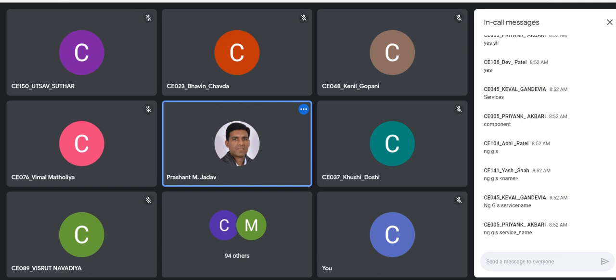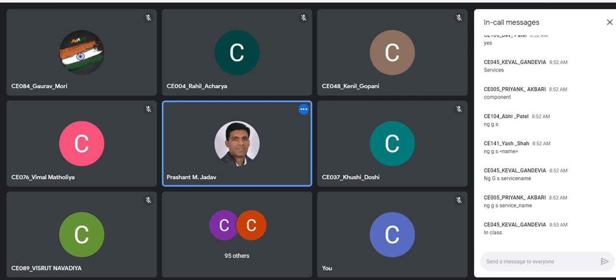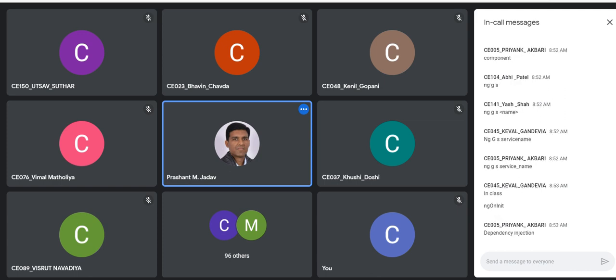How to use the services in our Angular component? Correct. It is through the dependency injection.